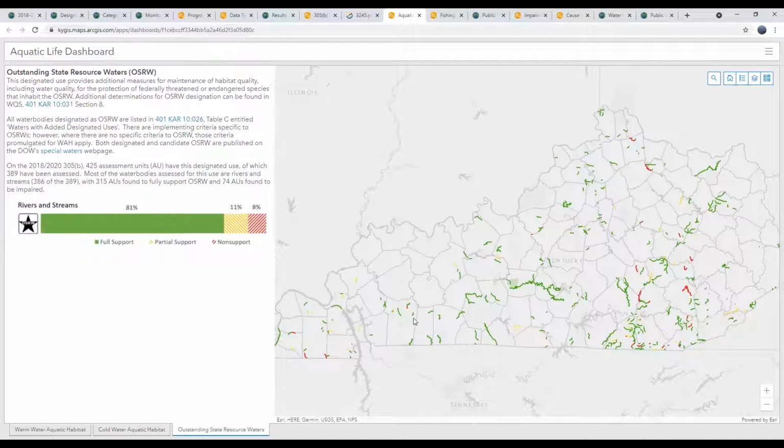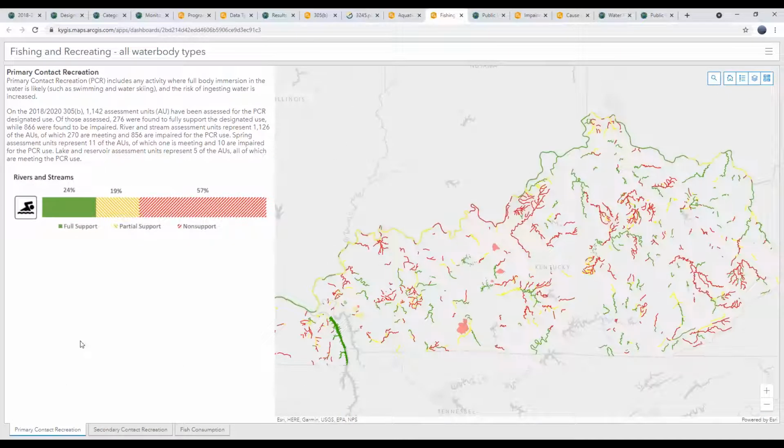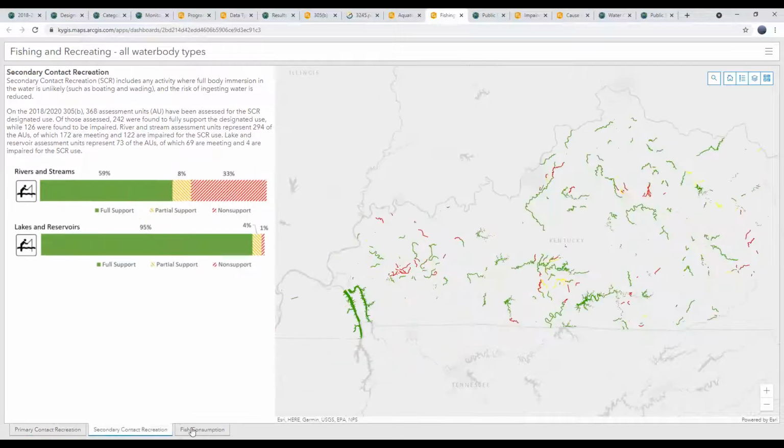And then OSRWs, we have not as many waters designated with this use. And those that have been assessed for this use, 81% are meeting, and you can see where they are throughout the state. And again, if you were curious about an area, you could zoom in and interact with the assessment units. Similarly, we do a map where we look at PCR, SCR, and fish consumption, which we call our fishing and recreating dashboard. And you could learn more about these uses and their attainment for various water body types